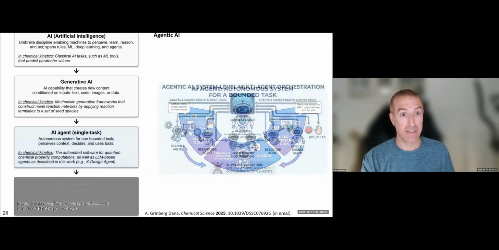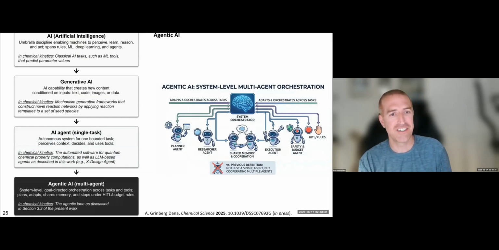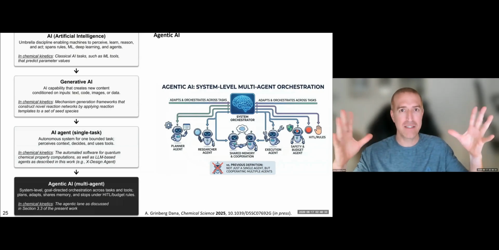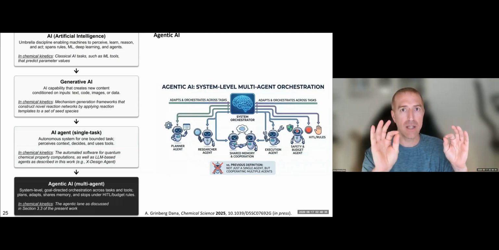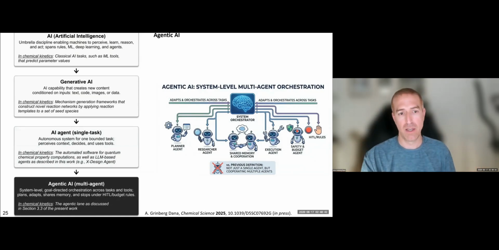A higher level than an AI agent is agentic AI. So now we have a system of agents. Actually, we don't want too many agents, so we don't want it to be messy. We want a precisely defined number of agents plus an orchestrator that manages all of them. And that's the difference between that and using just one agent, which is a linear task.